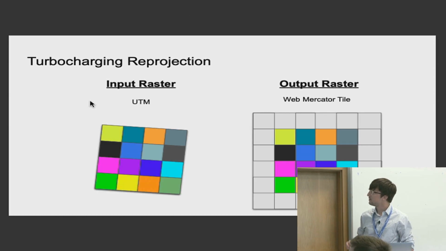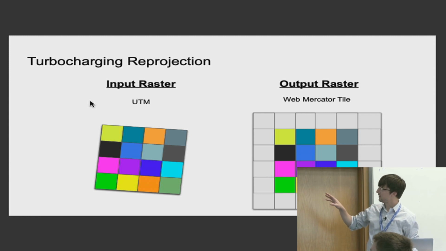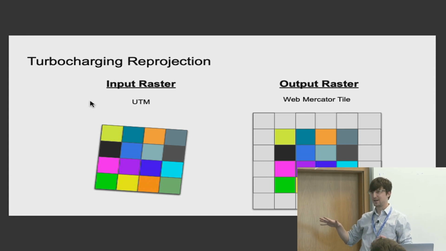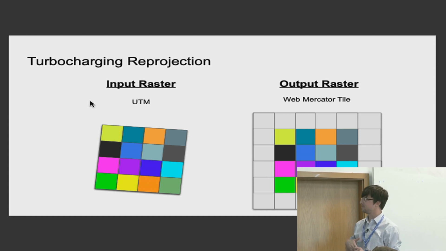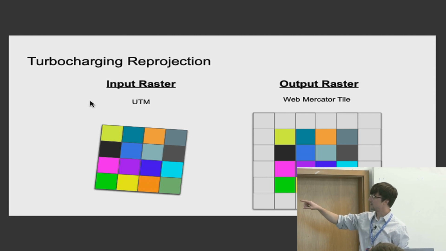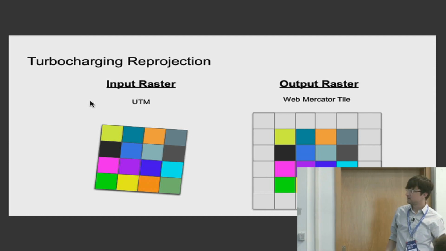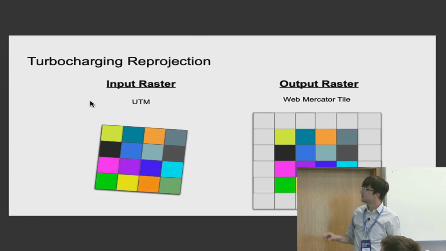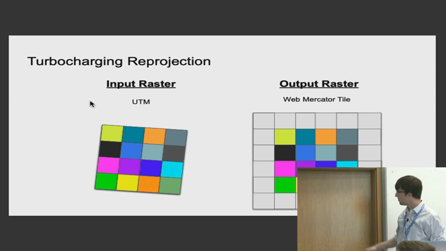Here's another example. We're reprojecting this raster from UTM to a web Mercator tile, and just a side note, realize there's even more nuance to different UTM zones. For the sake of this presentation, we're just simplifying things. When you're reprojecting, you see that it's a much cleaner reprojection. So this was the previous one, and then this is the UTM to web Mercator. So you can see that for this raster, and for this example,